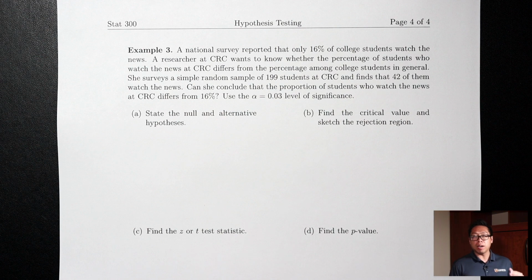First thing I need to do is decide whether this is a mean question or a proportion question. So if you see the words mean and standard deviation in the question, it's going to be a mean question. If you don't see the words mean or standard deviation anywhere in the question, it's going to be a proportion question. Looking back at the question here, I don't see the words mean or standard deviation anywhere in the question. This is going to be a proportion question.